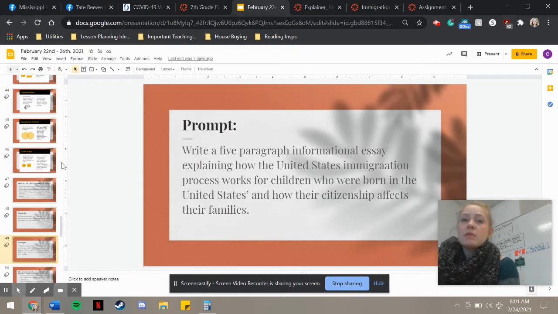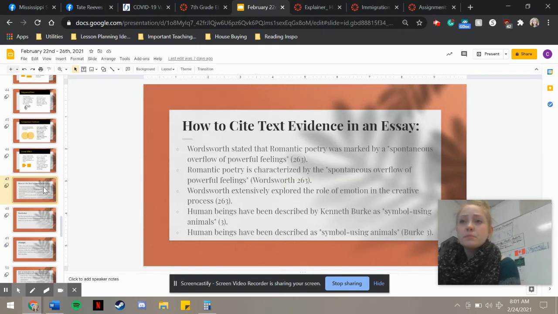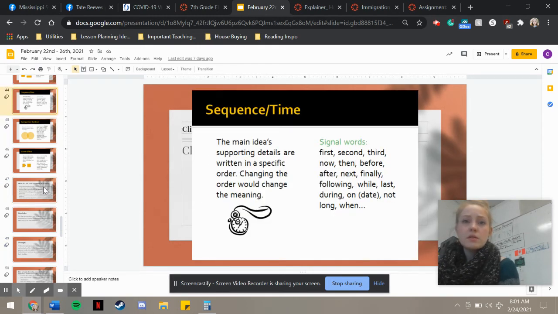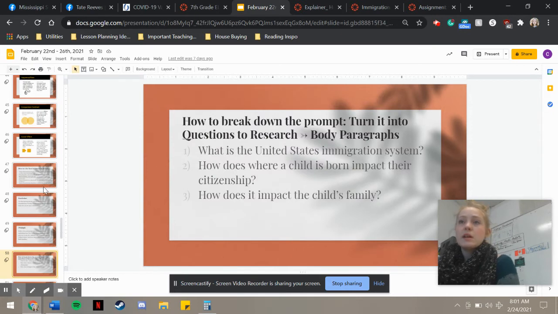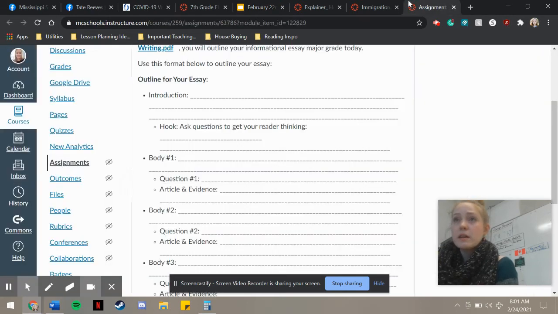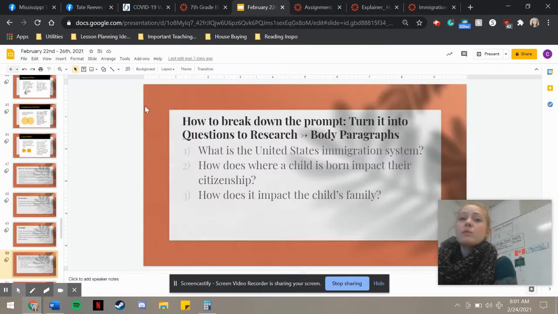Let me clarify something though. I'll go over how to cite evidence in a second. But whenever we're writing an informational essay, we want to turn our prompt into questions. And that's what this part of the outline is referring to here. Question number 1, question number 2, number 3. So if we look at our prompt,